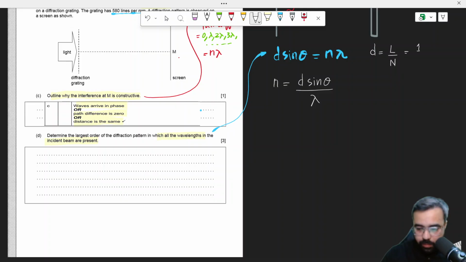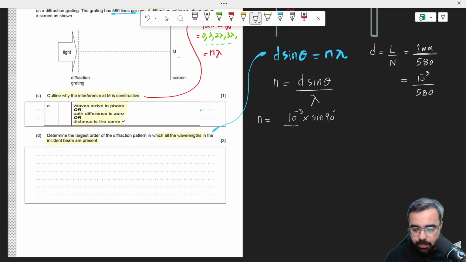It is equal to 1 millimeter. It is basically the size of a slit. 1 millimeter over the 580 probably, so it will be a very small number, which is 10 to the power negative 3 meter over 580. So students, I use this value, 10 raised to power negative 3 times sine 90, because we want to find the maximum order, and this said at the start that light is falling normally, divided by 580,